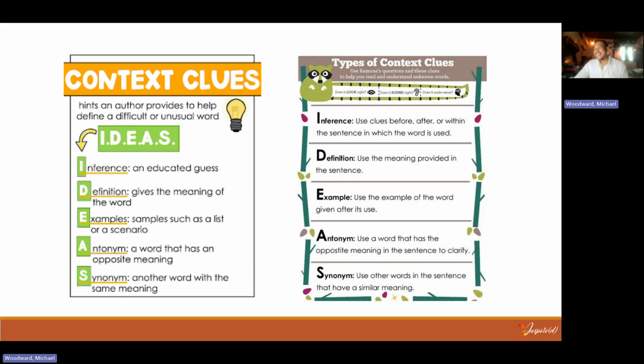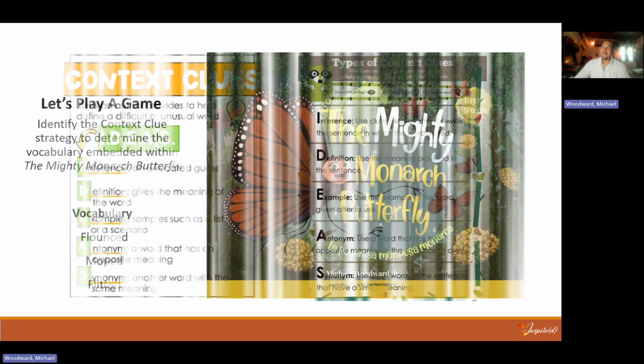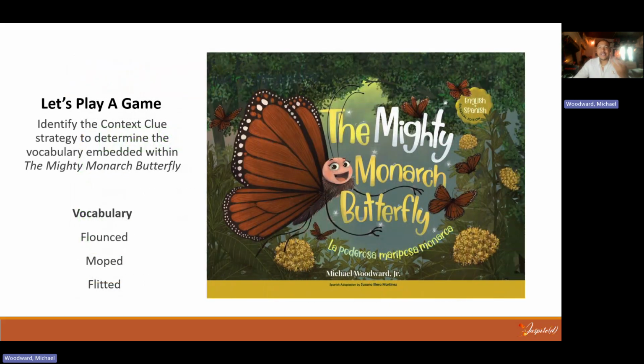All right. So we played a quick game, which I love playing games. We could play this game right now. If I was teaching direct instruction, if I was teaching vocabulary to a group of third graders, fifth graders, it really doesn't matter when it comes time to teaching context clues. It doesn't matter what grade level it is. Of course, the intensity and the rigor of the question matters, but ultimately we are met with a word we've never seen before. What does this word mean? What are the context clues that I can use to figure this out if I'm a brand new reader?